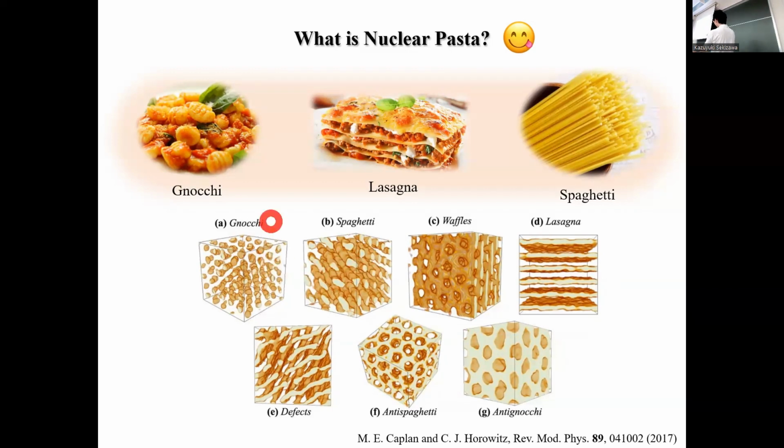But as you can see, the surface of this nuclear matter increases. So nuclear energy is somehow reduced. But through the competition between nuclear attraction and Coulomb repulsion, we can have this kind of rod-like structure. And this is similar to spaghetti, as you may see here and here. And if we go higher in density, at some point, okay, those rod-shaped nuclei are merging to form a kind of slabs or lasagna